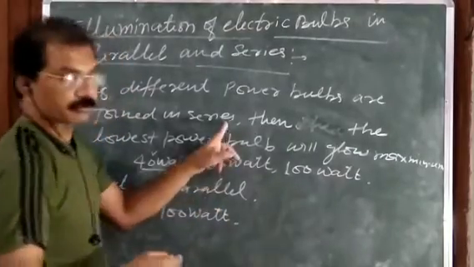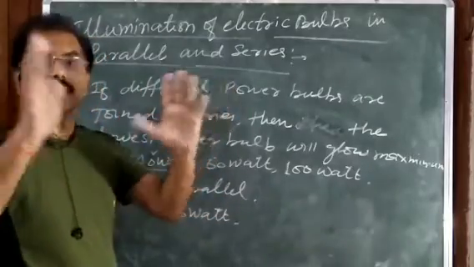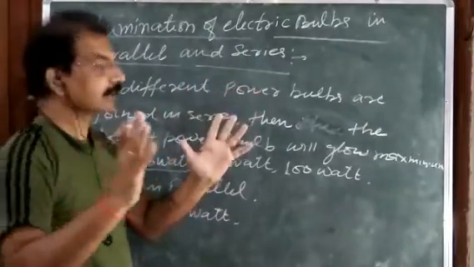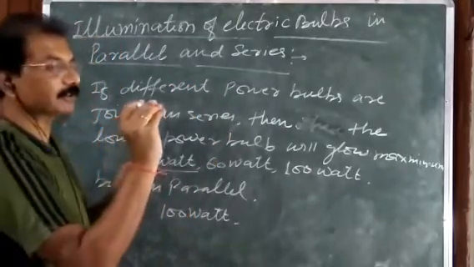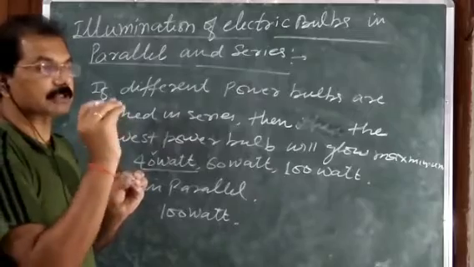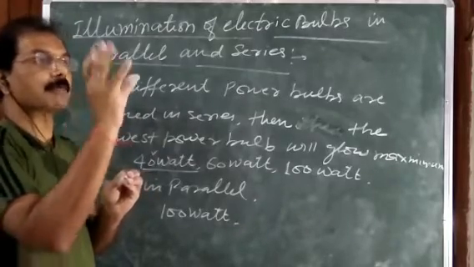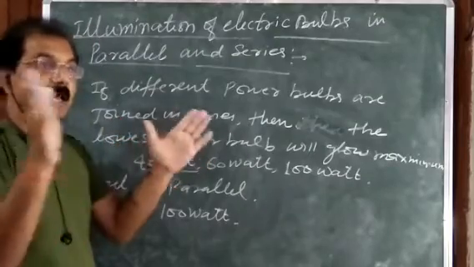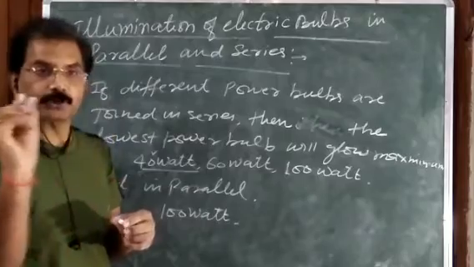And dear student, you know, in house, अपने हाउस में जो भी हमारे इलेक्ट्रिकल अप्लायंस लगे हुए हैं ये सब पैरेलल में जुड़े हुए हैं। इसलिए अगर एक कमरे में आप 40 वाट का बल्ब लगा दीजिए, एक में 60 वाट का, एक में 100 वाट का, तो 100 वाट वाला बल्ब सबसे तेज आपको प्रकाश देगा। क्यों? क्योंकि ये सब पैरेलल में है। लेकिन जो छोटे छोटे बल्ब जो डेकोरेशन पर्पस के लिए यूज किए जाते हैं